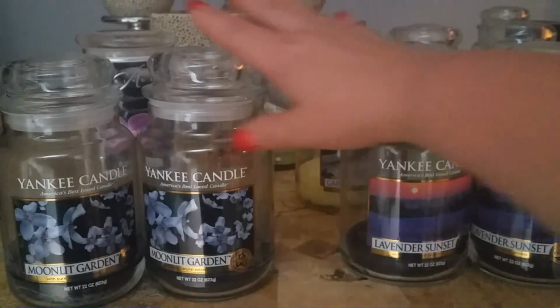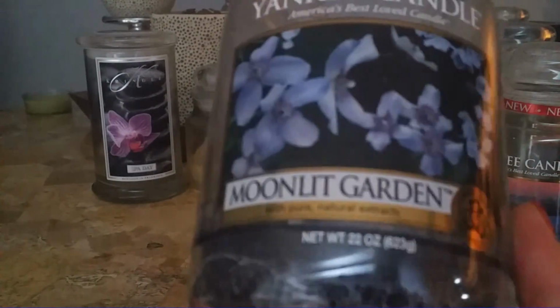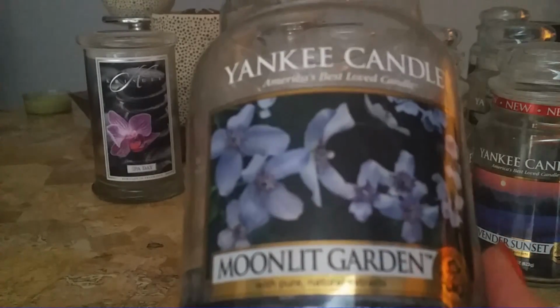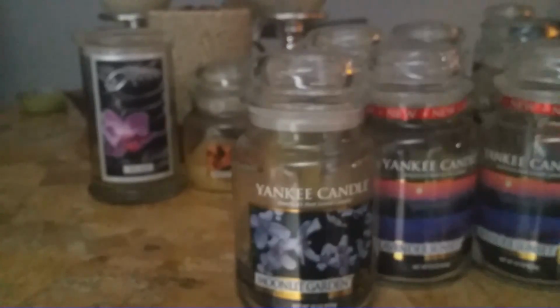And then the other new one that I was disappointed with, oh, that label's so pretty, is this Moonlit Garden. And I know a lot of people liked it, but first of all, I could barely smell it. It just had no throw. I had 2 of them going and I couldn't smell it. And then what I could smell, if I stuck my nose in the jar,